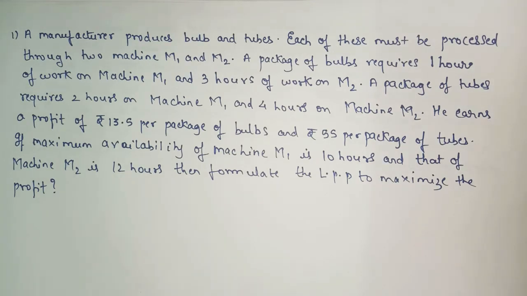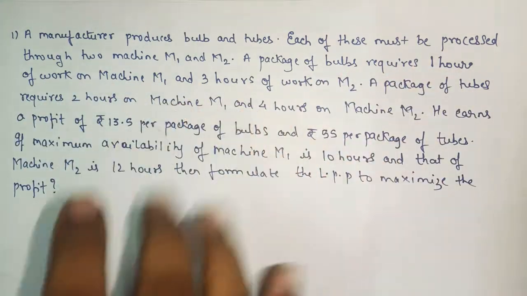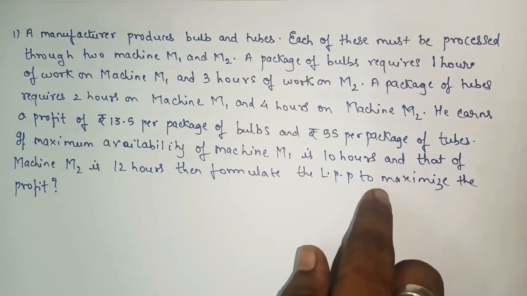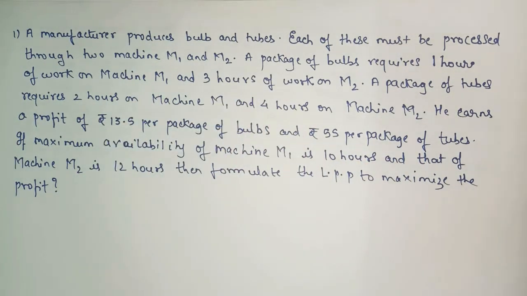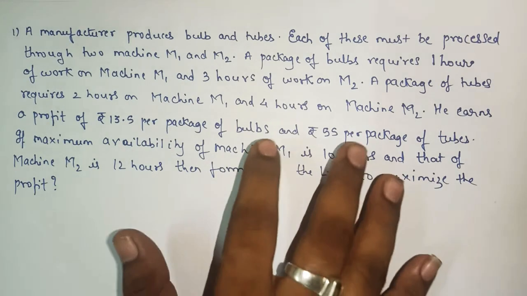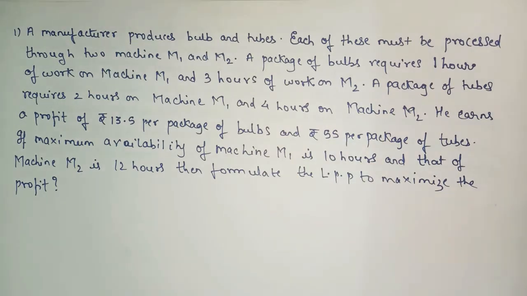So you must know the meaning of the sentence and of each and every word given: the meaning of rupees, the meaning of profit, the meaning of maximize, minimize, whatever is given. Before dealing with this, you must know the meaning of the particular word, so it will be easy for us to frame the equation. In the board exam, this type of question carries 3 to 4 marks.